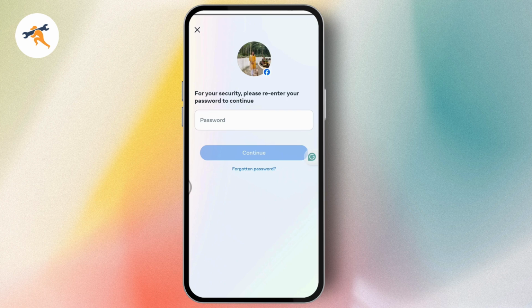You need to enter the password, and once you enter your password of your account, tap on continue, and once you tap on continue, your account will be deleted. So that's how you can delete your Facebook account permanently, and if you have any questions, feel free to comment